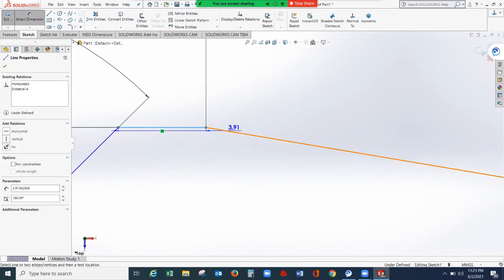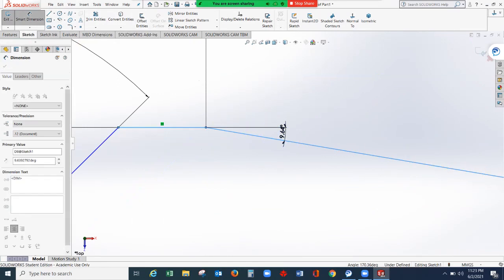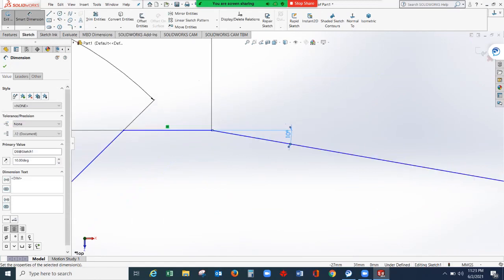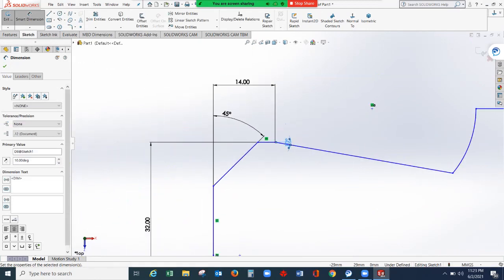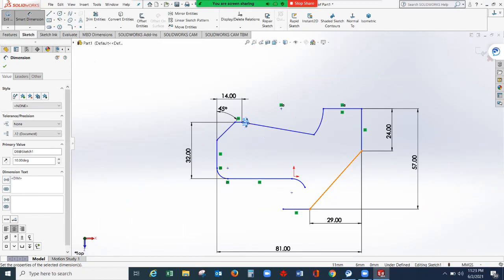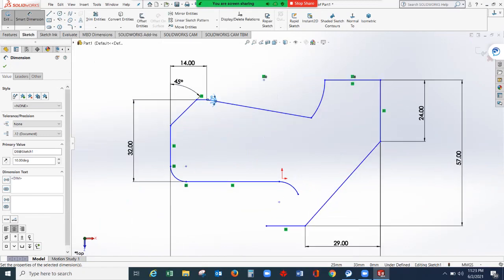So from this line and this line, the angle is 10 degrees. Select this horizontal and diagonal line, click on the screen, then you have this 10 degrees. You can zoom in and zoom out your drawing using your mouse wheel button.